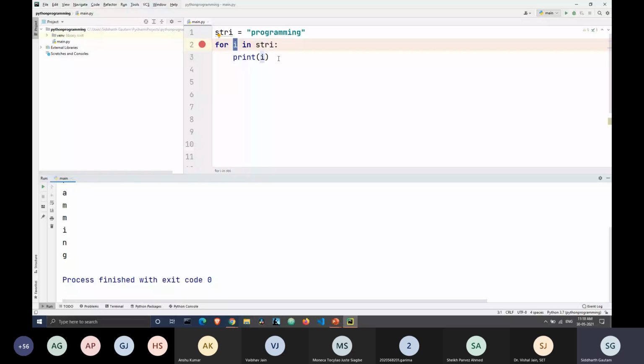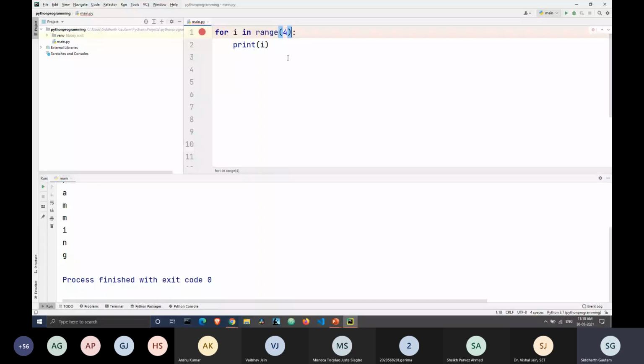So as you can see here, we were using a range. If the range was 4, it means we are going from 0 to 3. But that's not what we do in while loops. In while loops, we declare a condition. And until and unless that condition turns false, that loop will continue to iterate.